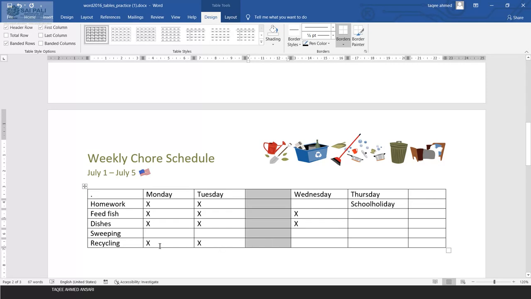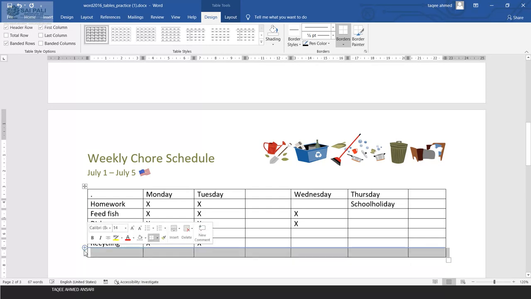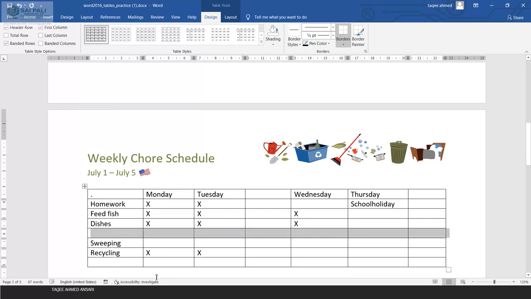Then we can add rows also. For adding a row, you have to go to this side, and you can see the plus symbol to add a new row. In between also, like between two rows, you can add it from here. This is how to add rows or columns.